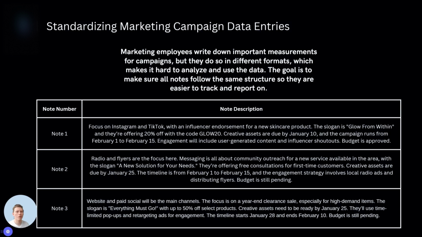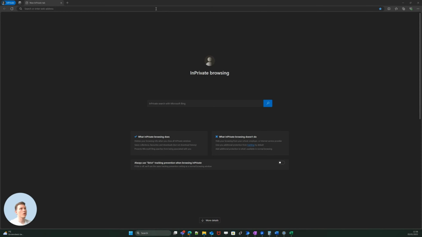So if you read carefully through all those 3 examples, you will see that they're all a bit different, written by different persons in a different style. So we want to make sure that we're gonna unify all of them, and that is basically where AI Builder will come into place for us. So next we are going into